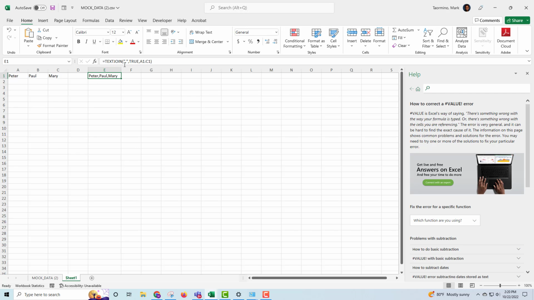Now that looks pretty good, but I might like a space after the comma. So what I could have done inside of these quotes is after the comma, I could have just hit the space bar because a space is a character. And now you will see, oh, that's spaced a little better. Okay, Peter, Paul, and Mary. So that's all there is really to using the TextJoin function. You simply identify the delimiter